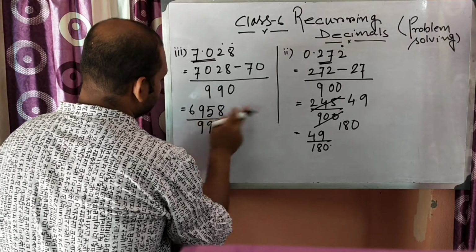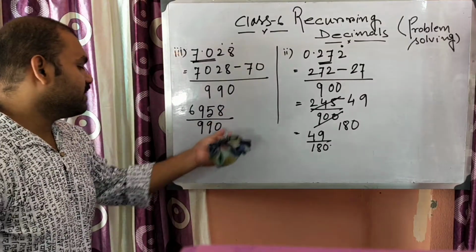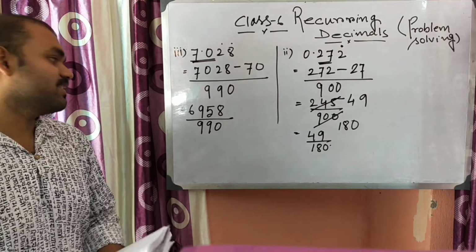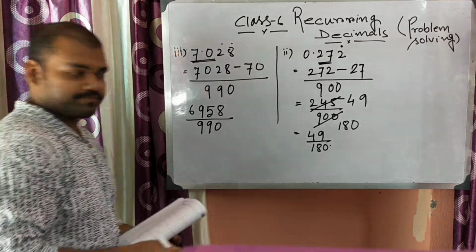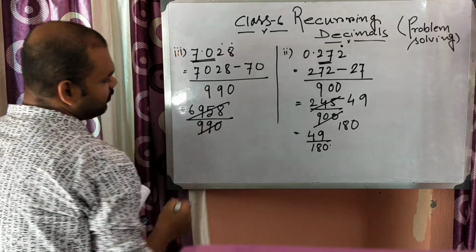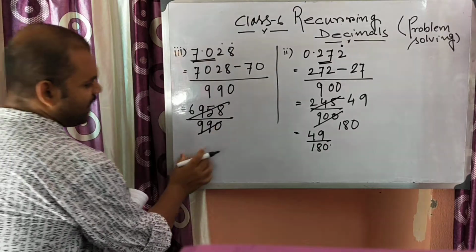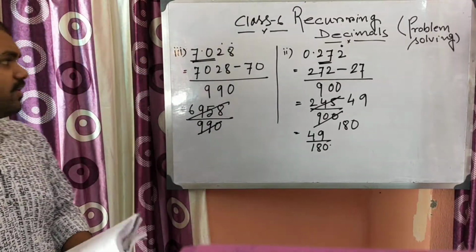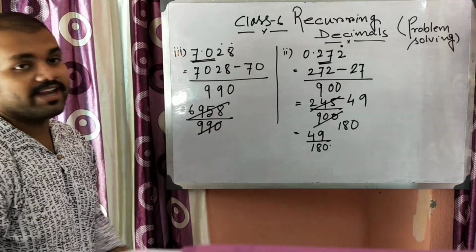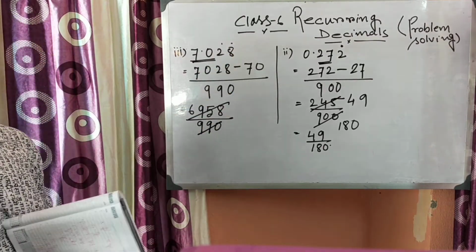9 6 15 28. So now convert it into the smallest fraction you can, and you will get the answer. Okay, next, how to find the smallest form? 2 can be cancelled out by 2, so write the number over there and cancel out, and ultimately a number comes. This is the way you will find the recurring decimal, or convert the recurring decimal into a fraction. As simple as that.